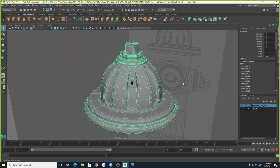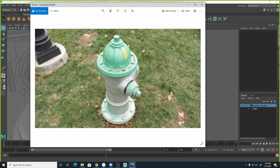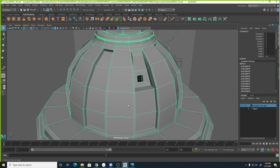Okay, and actually, one last thing. Can you see right there? When I look at it, I think we have to stop continuity. Can you see it's a little sharp there? Kind of sharp. So in this section, I'm probably going to have to...